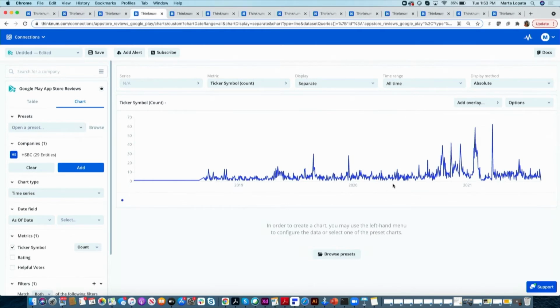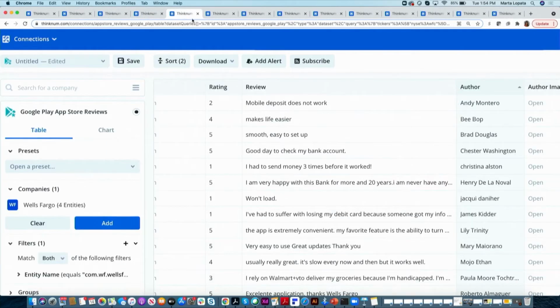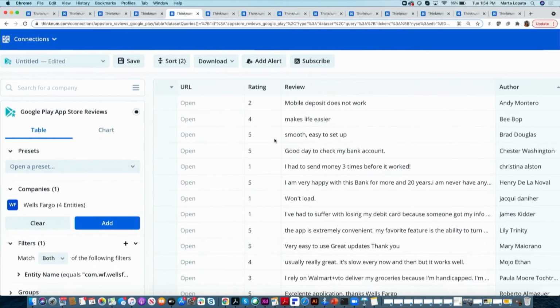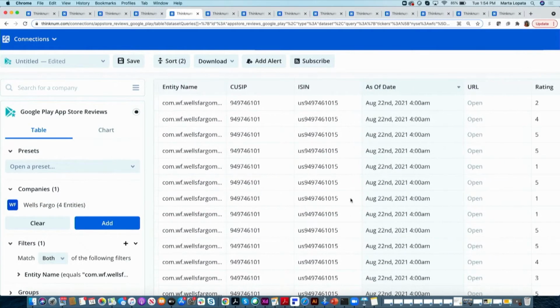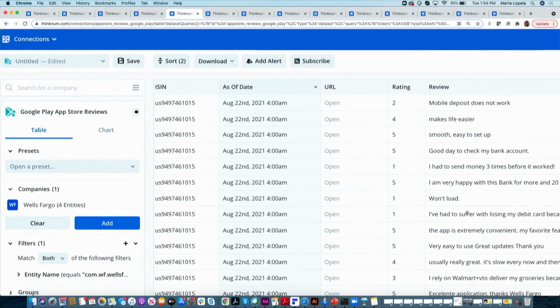Many of the commercial banks in the space right now have their mobile apps, and those innovative solutions are really important to them. From a competitive standpoint, we are tracking user reviews in real time to get a deeper understanding of which apps are getting traction. We're also tracking specific reviews as related to specific tickers. So here right now we're looking at Wells Fargo and the reviews their mobile banking apps are receiving